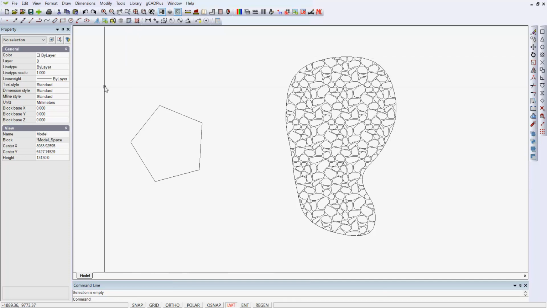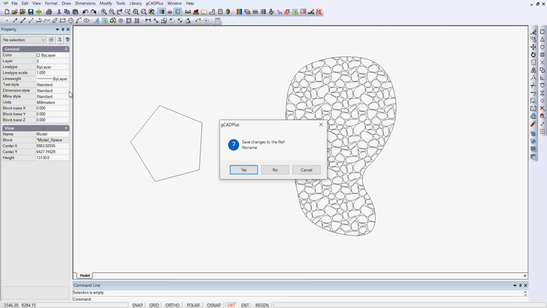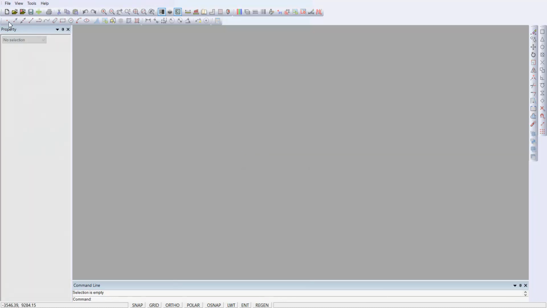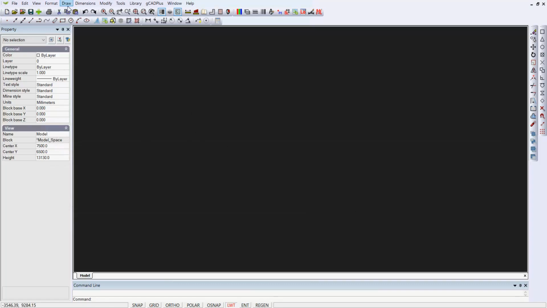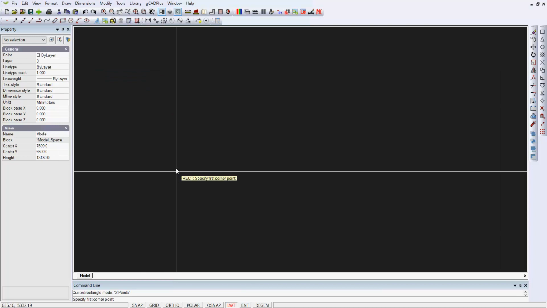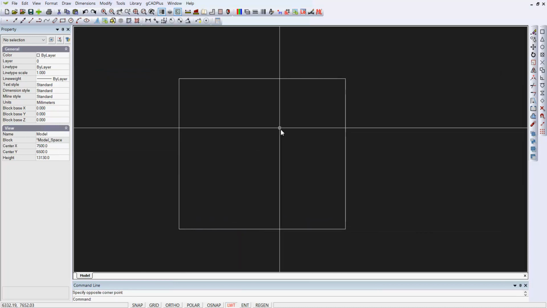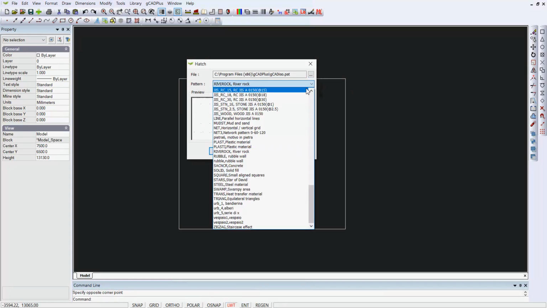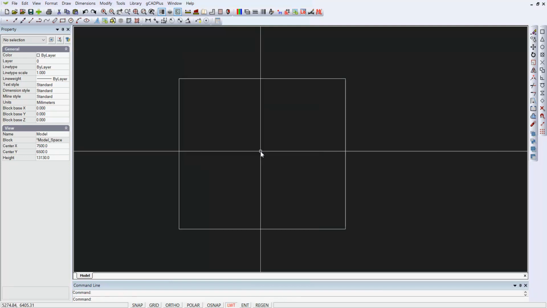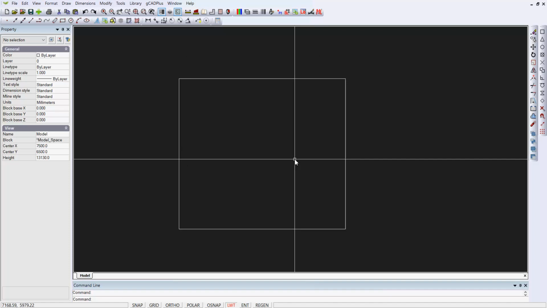Now, if we close that drawing, and we won't save it, and we go back to a brand new drawing, and we say OK, and then we'll just draw this time, say, a rectangle using 2 points, and just plonk a rectangle down, and we go draw hatch, and we pick that rectangle. You can see the file that we're talking about, the gCADiso.pat, is automatically loaded. So it's a once only task when using gCADPlus, to tell gCADPlus which file pattern